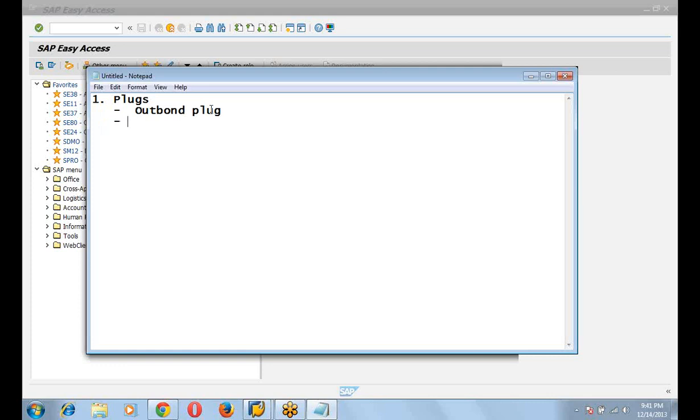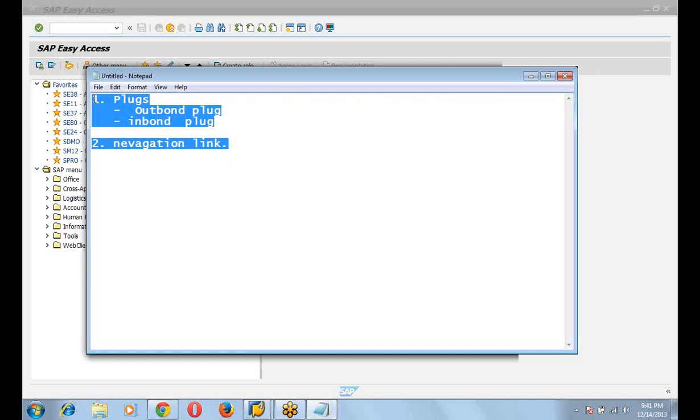Second is the inbound plug. To connect these two plugs, we require a navigation link.